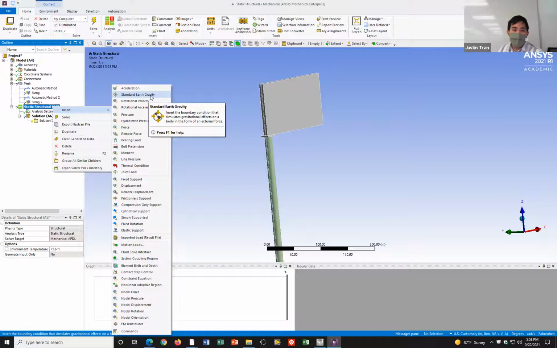Okay. And so if you read this description here, it says that it inserts a boundary condition that simulates the gravitational effects on the body in the form of an external force. Basically what this is going to do is, for each of your objects, compute the volume of the object, take the volume and multiply it by the density, and then compute a weight for each of the objects in your simulation. Then it's going to automatically apply a downward force